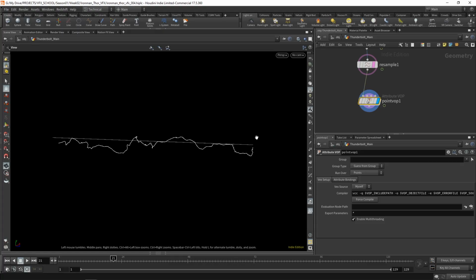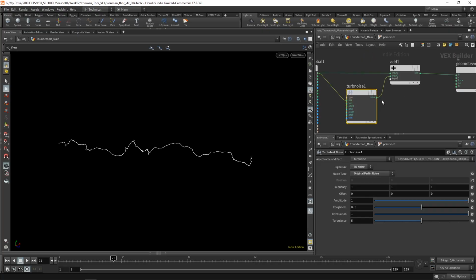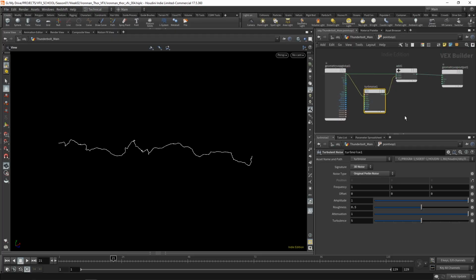We will need a way of making sure that the edges, the extremities of the line, are kept at their original position. Back to the point VOP. So the turbulent noise will have a few parameters that are very important for us right now. The main one is going to be the frequency, and this is going to determine how frequently the noise